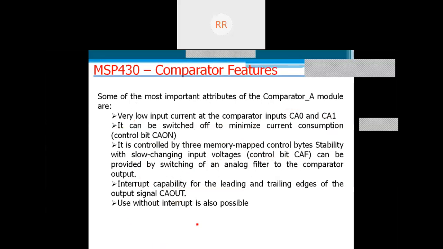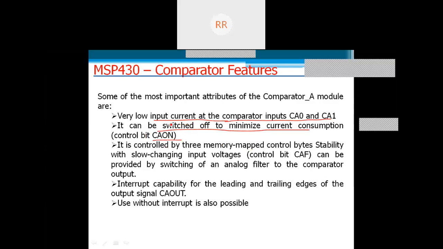The comparator can be used in successive approximation operation of A to D converters, and also in timer operations. Some of the most important attributes: very low input current at the comparator inputs CA0 and CA1. It can be switched off to minimize the current consumption. So CA on is equal to 0; that means we can put the comparator in off mode.